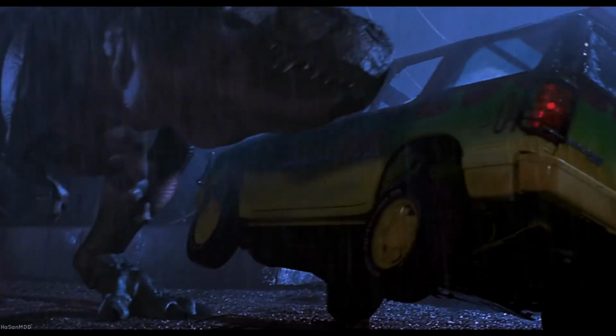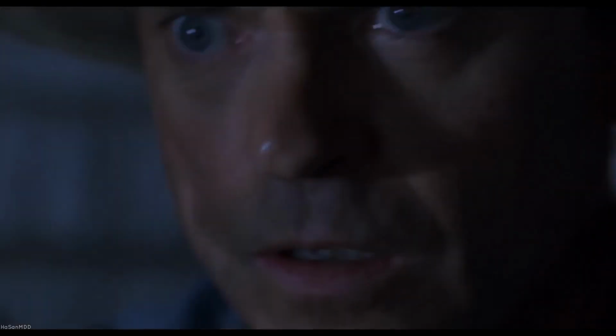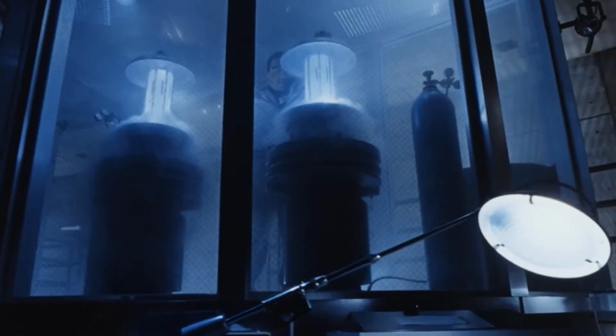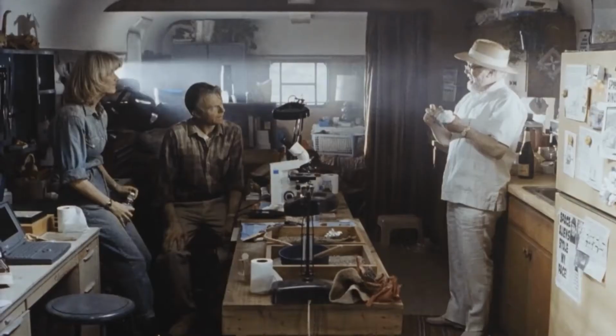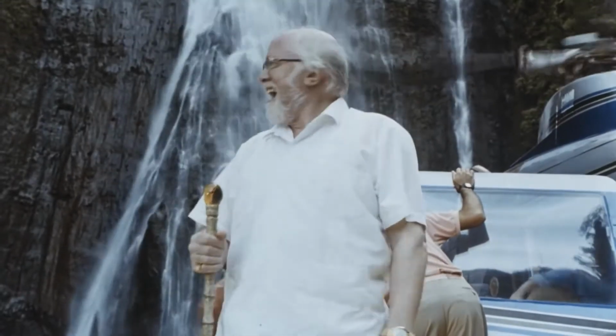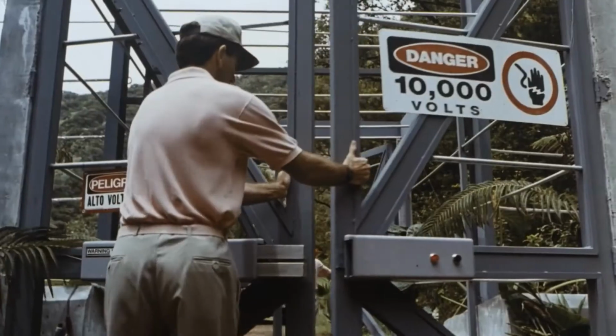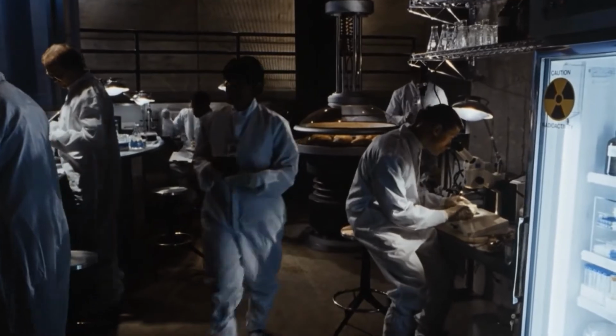And what makes this sequence so great is the beautiful nature of how the sequence builds. The first hour of this film, we barely got a single look at only two dinosaurs. One that was fully CGI, and then the other that was fully animatronic. So we didn't really see how perfect this blend between T-Rex CGI and T-Rex animatronic could physically be. And I'm